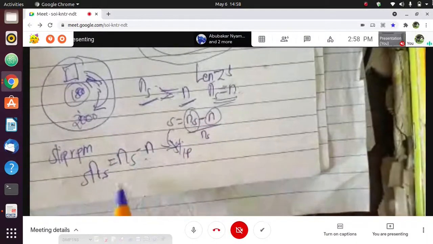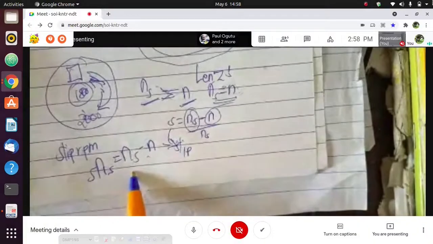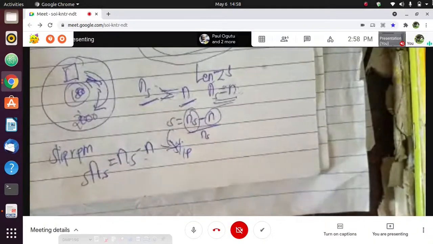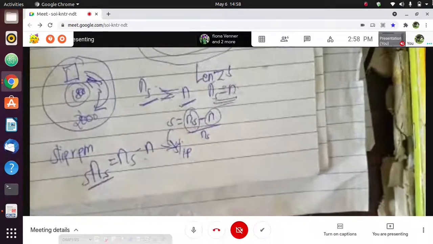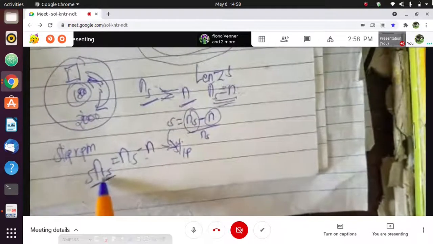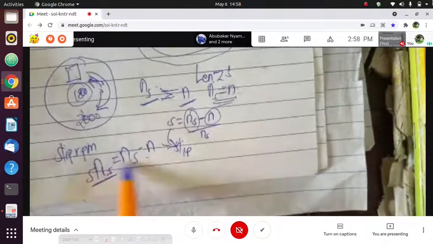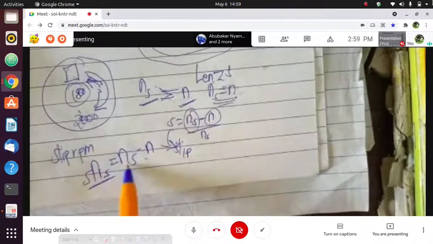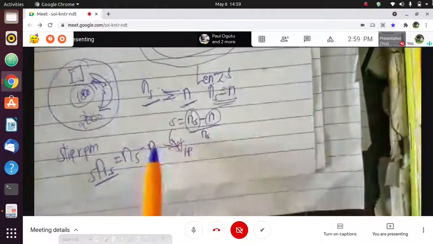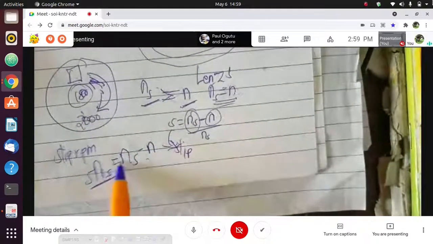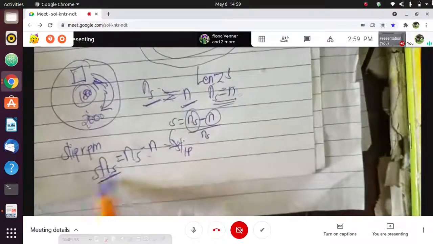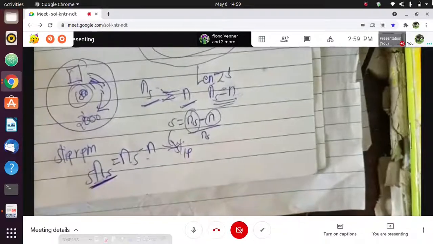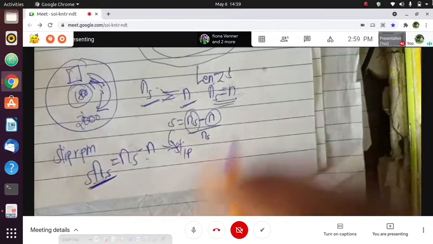Now, the frequency of the induced voltage and current in the rotor circuit, when it is closed, will correspond to this speed, the slip RPM, because this is the relative speed between the rotating magnetic field in the air gap because of the stator, and the rotor. So the induced voltage and current in the rotor circuit will correspond to this speed. Therefore, the frequency